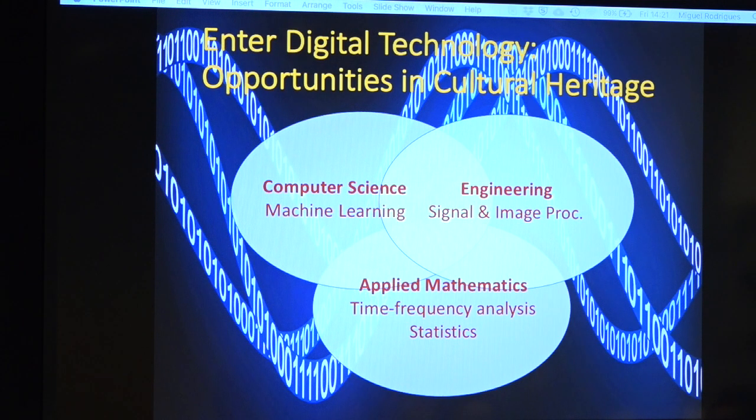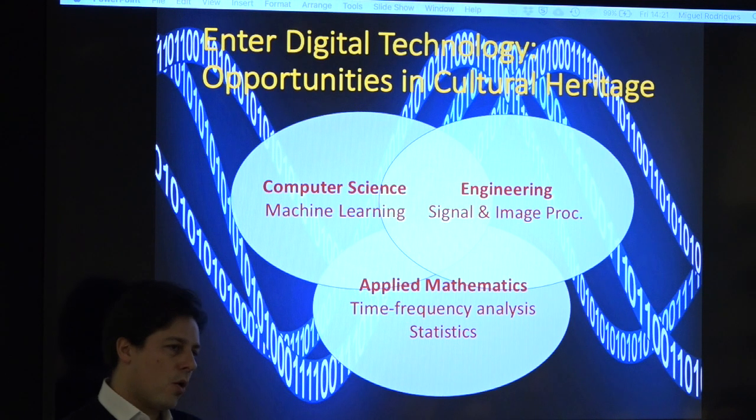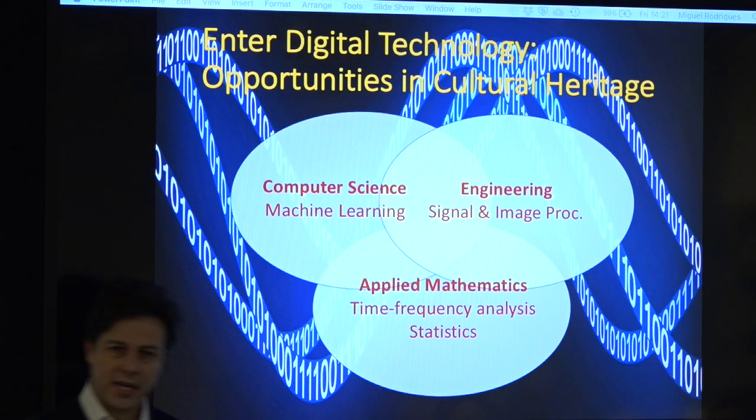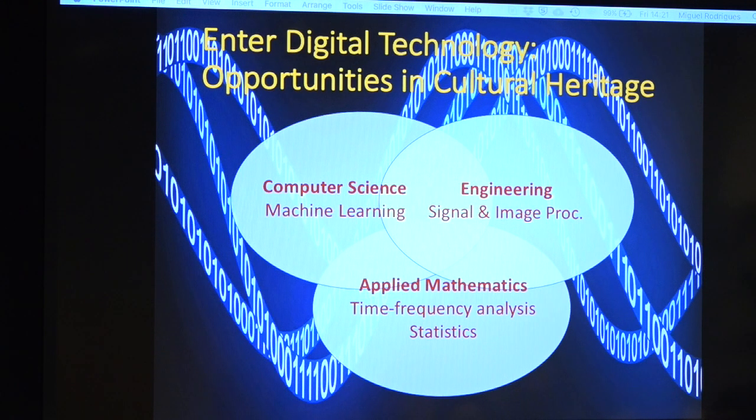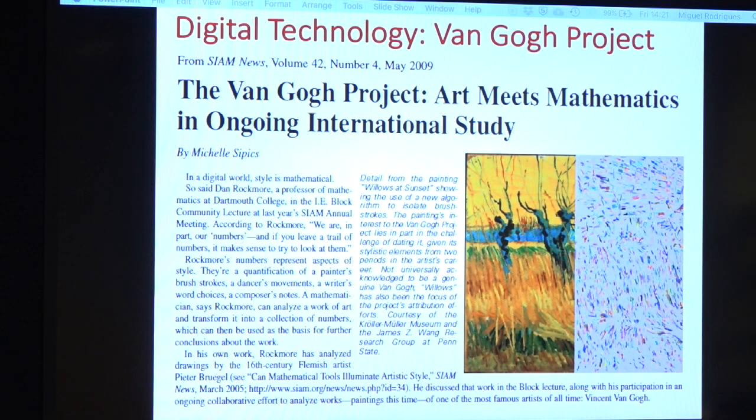So, for example, many of the fields that now are trying to get into this area include applied mathematics, statistics, time frequency analysis. There's computer science, machine learning, and there's also, for example, engineering, signal and image processing. And in fact, one of the very early initiatives that has recognized the potential of having this digital data of